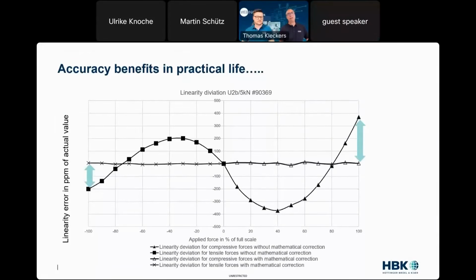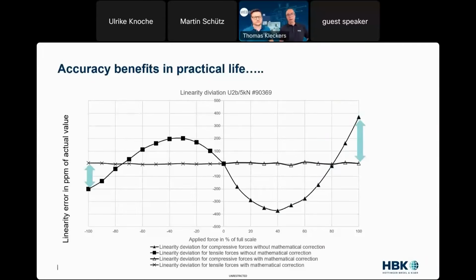Let's bring that into practical life. What you can see here is a look into the HPK development department, and you can see the curve, not the flat line, the curve. What you see is the original output or linearity error of a U2B 5K. You can see with 400 ppm, 0.04% maximum linearity error, the sensor is not bad, but there is a linearity